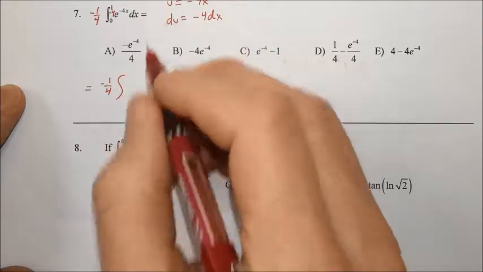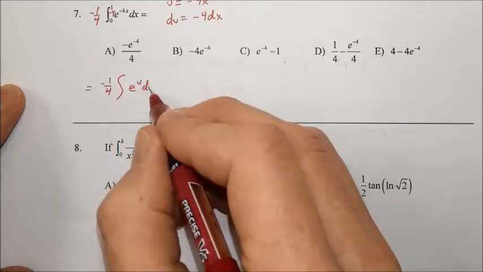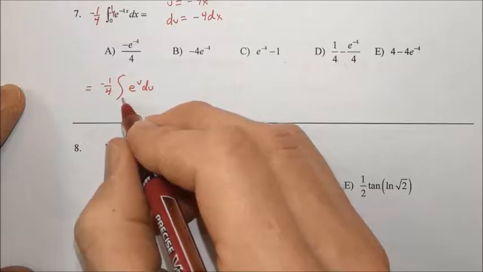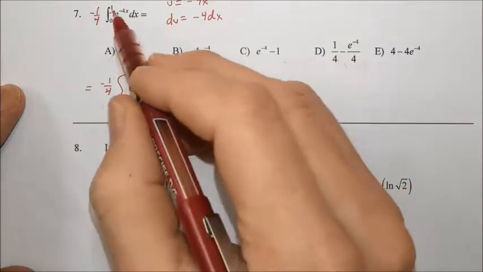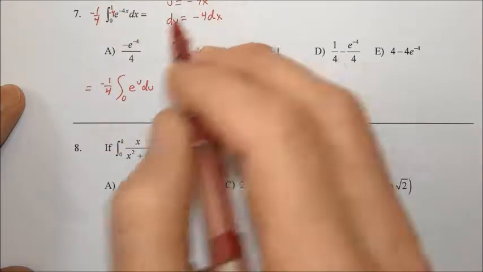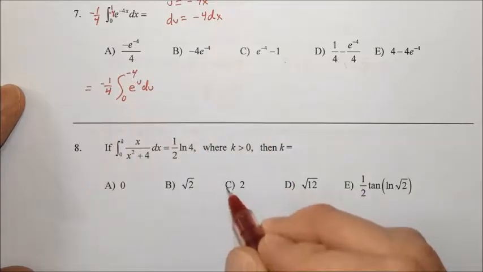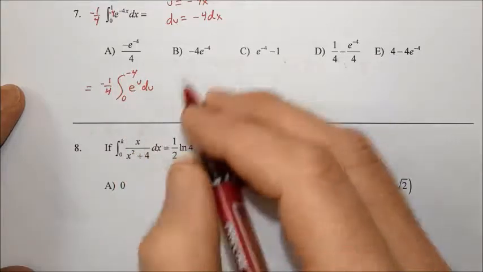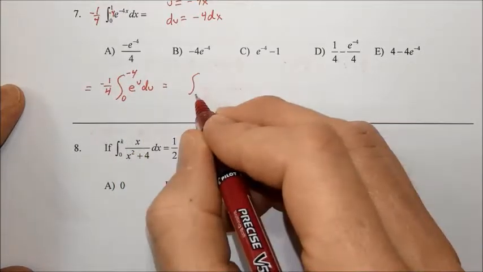Negative 4x is replaced by u, so it's e to the u du. And if we plug 0 in for x, we get negative 4 times 0. If we plug 1 in for x, we have negative 4. Okay, so these bounds are backwards. 0 should be up top because 0 is greater than negative 4. So we can swap our bounds, which means we have